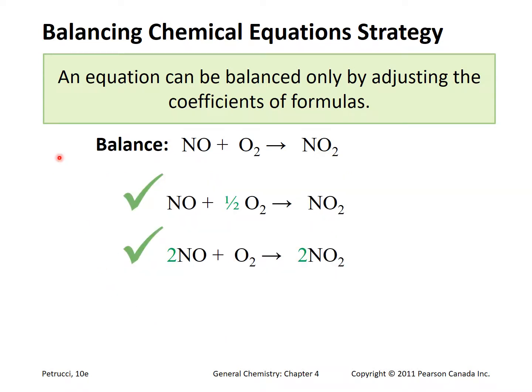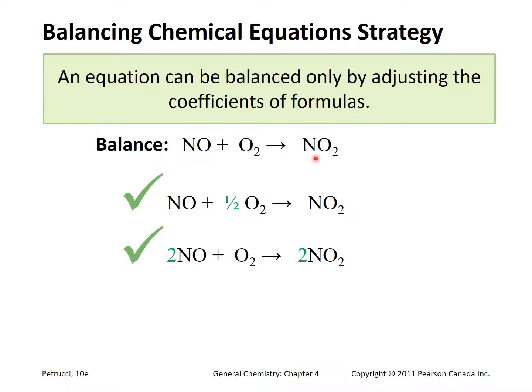What can we do? We can adjust the stoichiometric coefficients in front of each of the compounds. So for example, you see here that there's 1 nitrogen on the left and 1 nitrogen on the right. The nitrogens are obviously balanced. However, if we look at the oxygens, we have 1 plus 2, 3 oxygens on the left and 2 oxygens